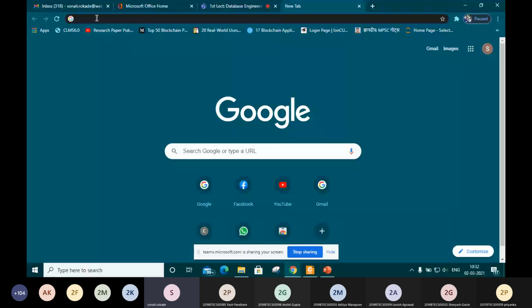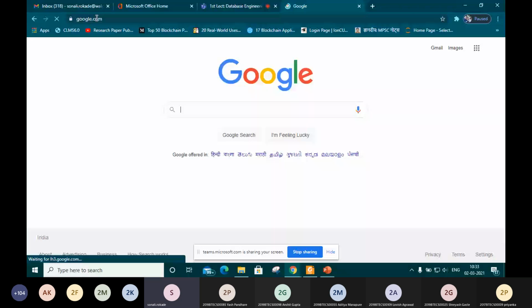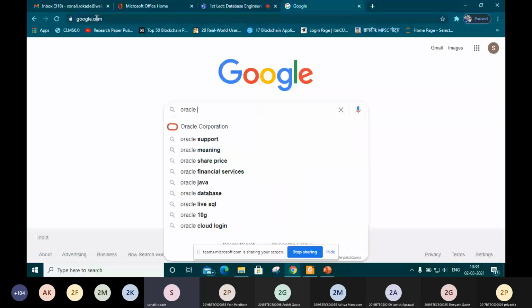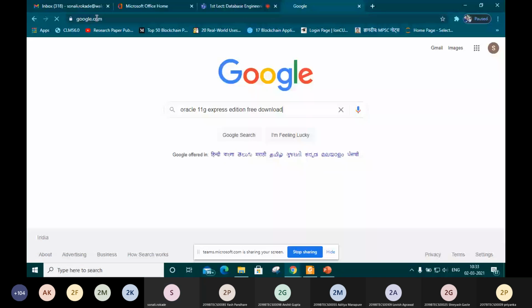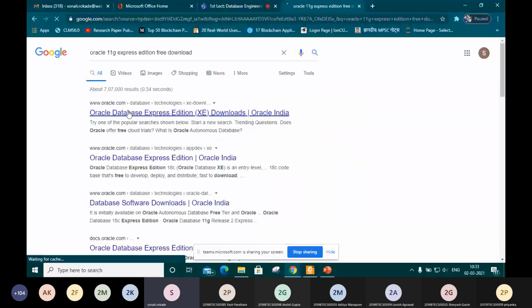You have to Google, then type Oracle 11G Express edition free download. You can go via this link. It is the authorized oracle.com link.